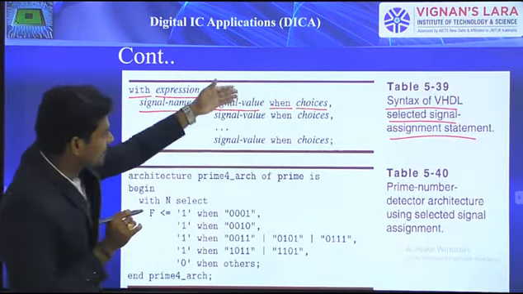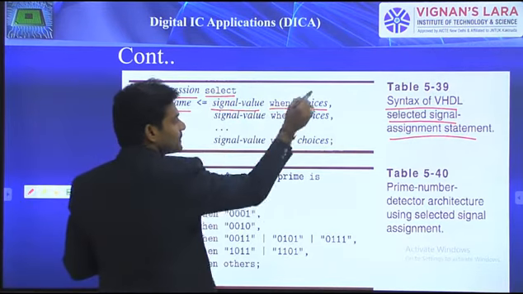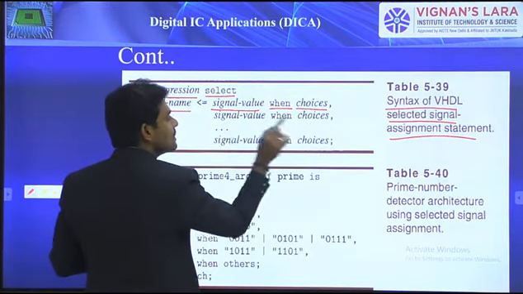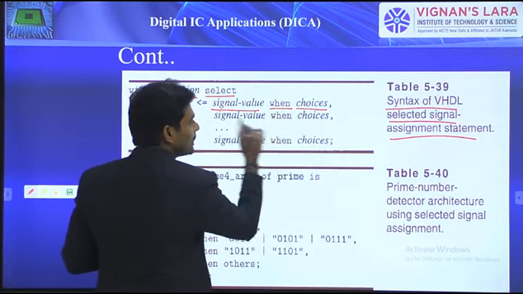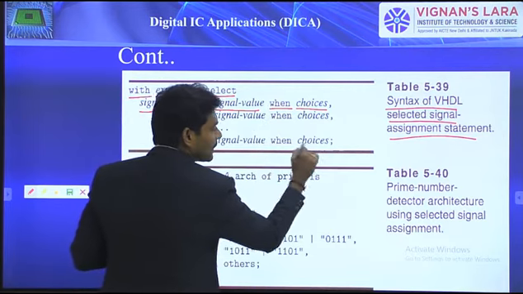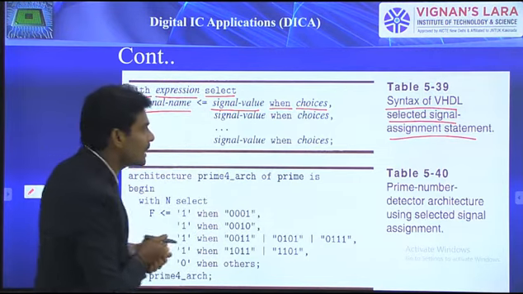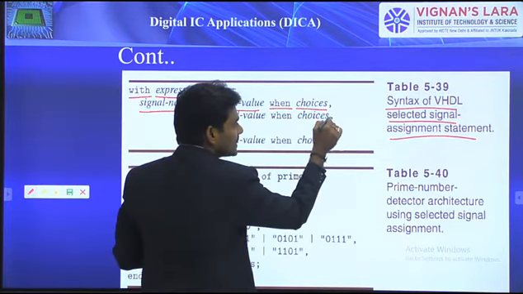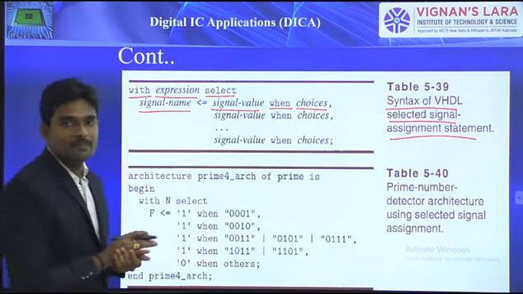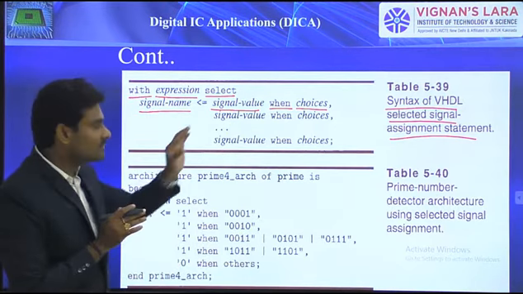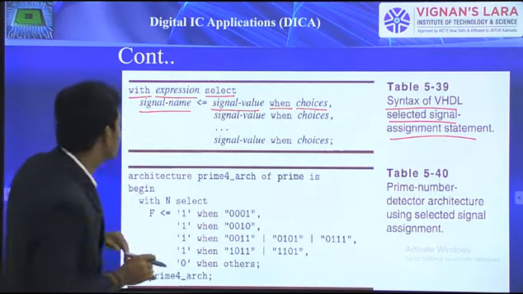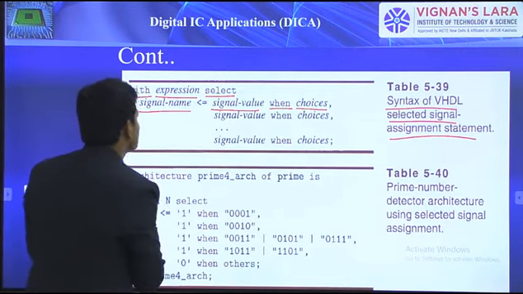Like that, you are supposed to represent this multiple times based upon the number of choices. You need to repeat that particular one. For the final one you are going to put the semicolon, but for all remaining choices you are supposed to put a comma. Just remember that, which is very, very important. So that is the syntax.